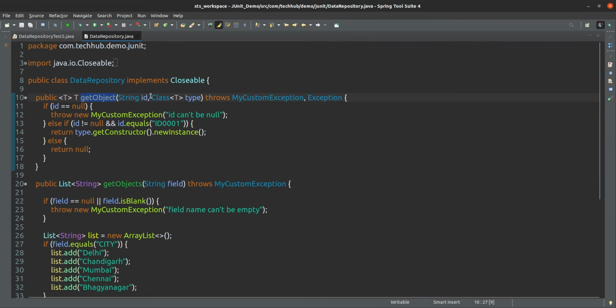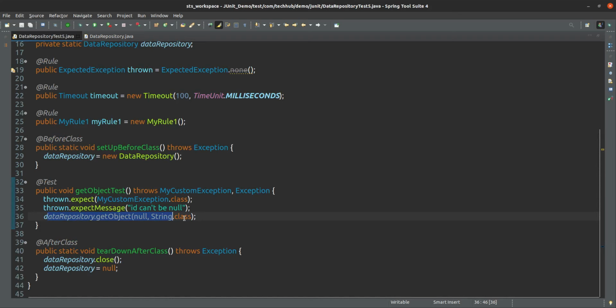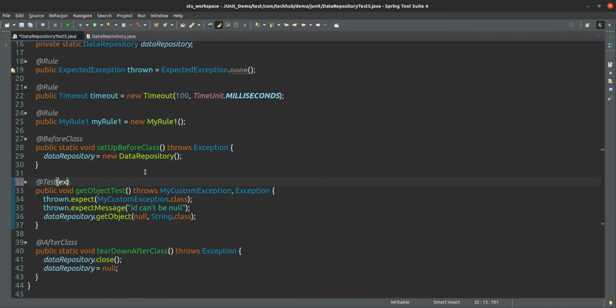If this id is null, then only it is throwing my custom exception. And in this line definitely you will get the exception, but we are not catching it here as expected. We are not catching here at all. So how will this test case pass?